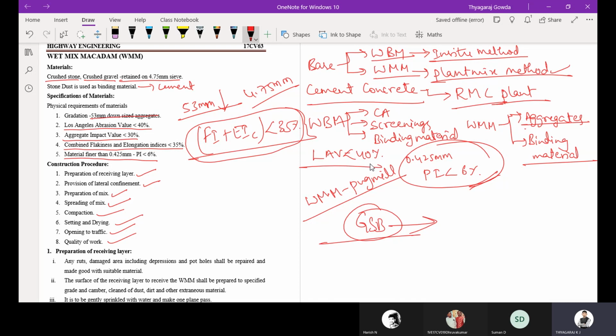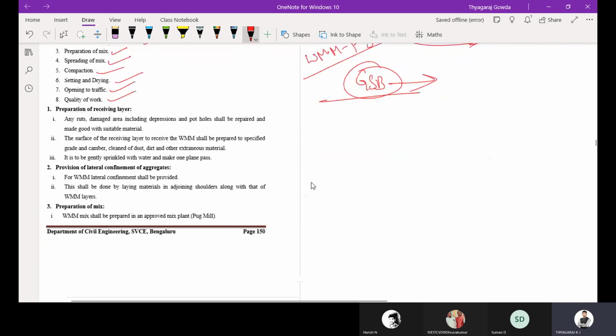So you are going to rectify the GSB layer. Any ruts or damaged areas, including depressions and potholes, shall be repaired with suitable material. If there is any depression, pothole or loss of material, you rectify it. Then the surface of the receiving layer is prepared with suitable grade and camber.